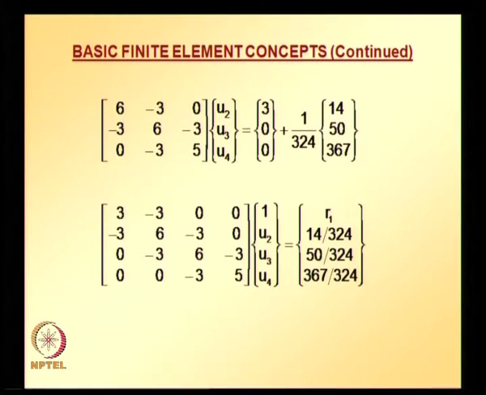And this approach means I have shown you now two kinds of approaches. One is in which you can delete the corresponding row in the stiffness matrix and also the corresponding component in the force vector. The second approach is, wherever you have a known nodal value, the corresponding location in the right hand side you take as unknown. So, you can follow either of these, but the second approach is conceptually better than the first approach, because